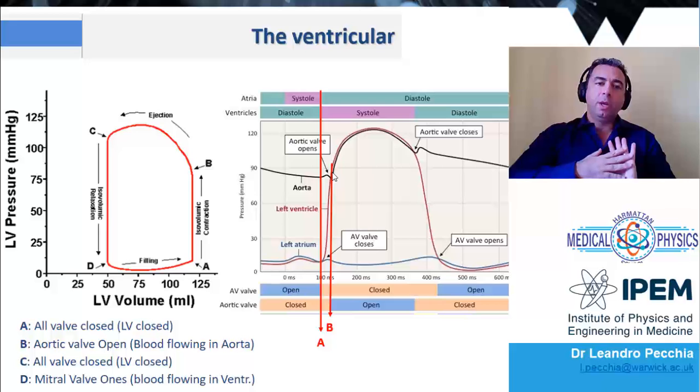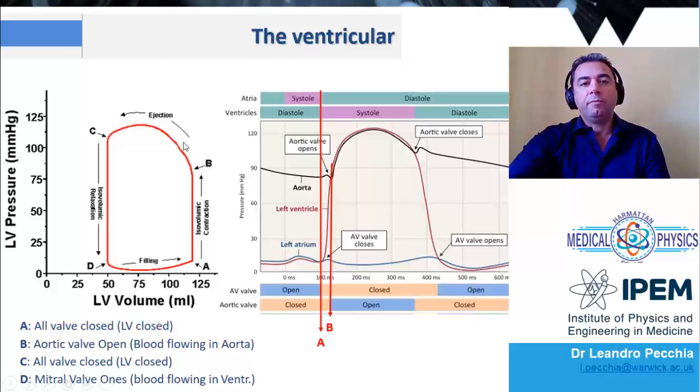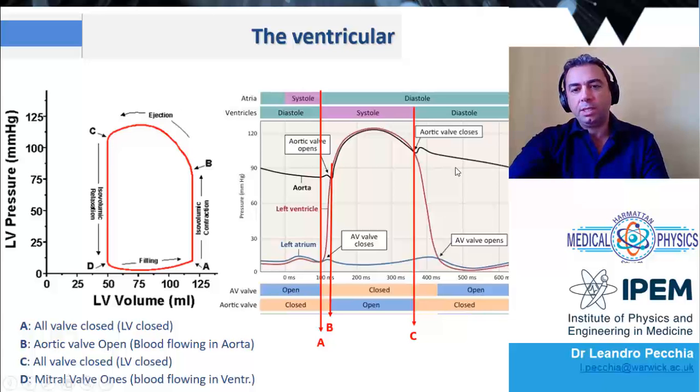And if this opens, we may have the ejection of blood from the valve, from the ventricle to the aorta. There is a fast ejection and a slow ejection, and then we arrive at point C. Point C is when the systole of the ventricle is terminated, the valves are closed, the two valves are closed,